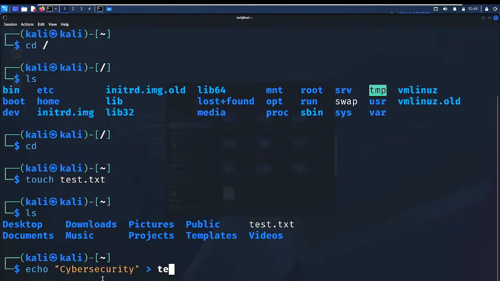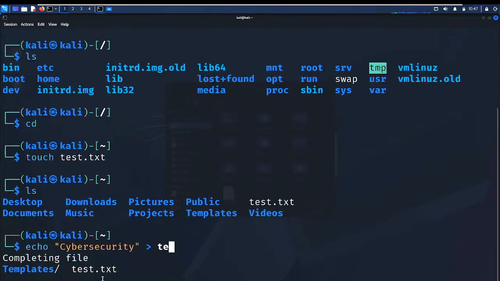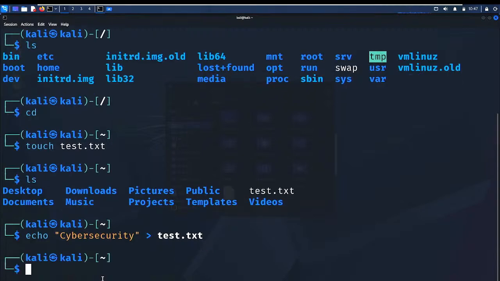If you notice now, it's bold. Once it's bold, it means I have that file on my system. If I put a wrong name now, you see it's not bold, and I don't have it on my system. So I use test. What I'm doing now is echoing this text into this text file. Is it clear? Then if I enter, to view the content inside that file, the command is called cat,